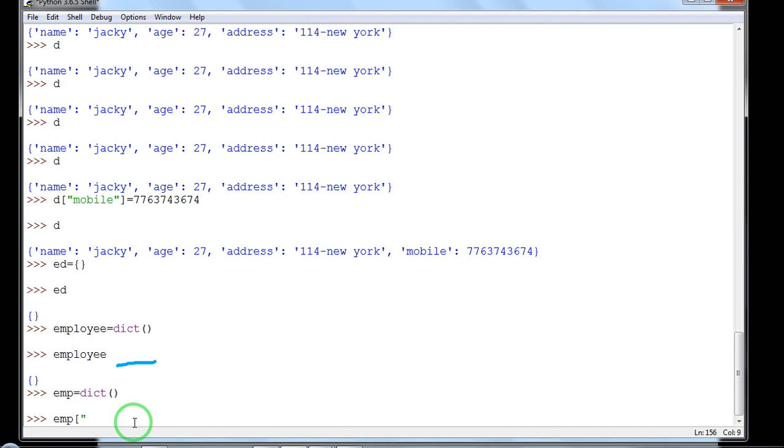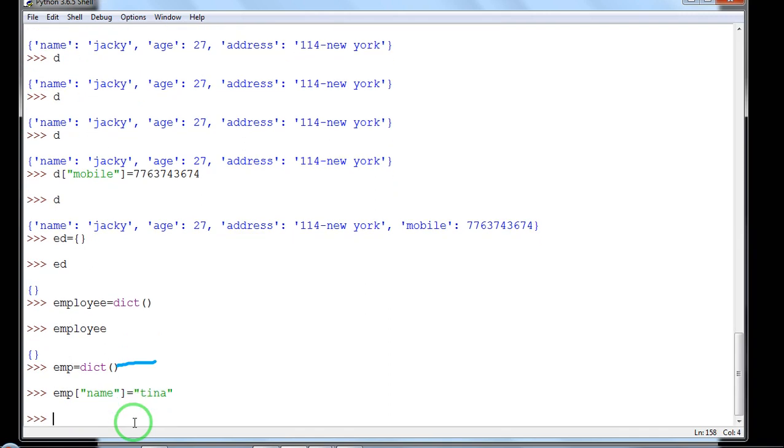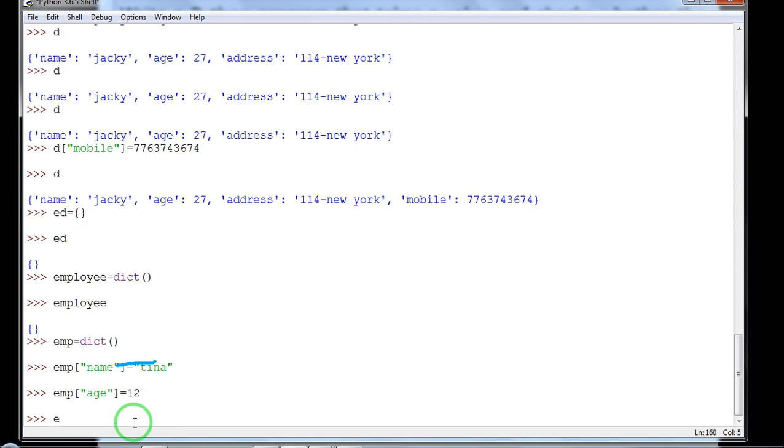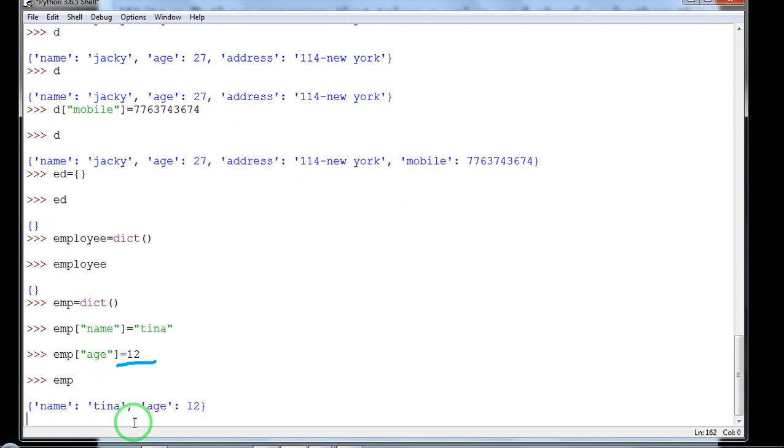The procedure for adding a value is the same: emp['name'] equal to Tina, okay, and then emp, same dictionary, ['age'], sorry, equal to 12. When you type print emp, it will display the key value pairs.